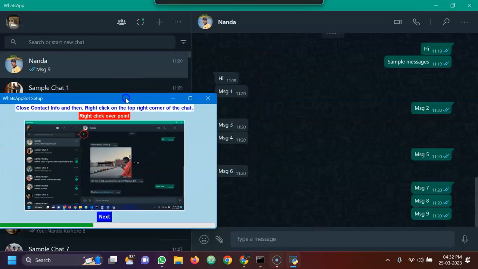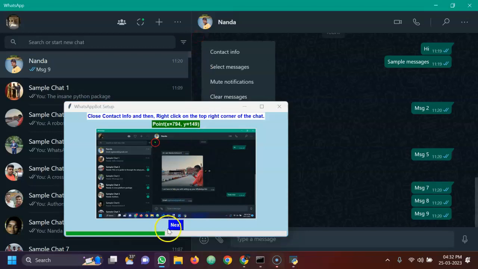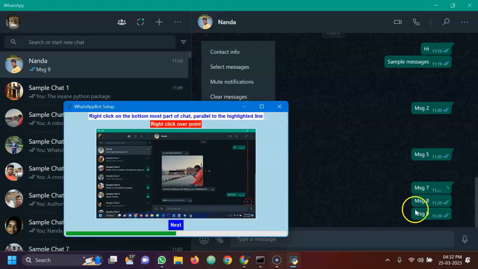And now I need to right click on the top right corner of the chat. So I'll do that, followed by the bottom right corner of the chat box. As you can see, it needs to be to the left side of this dotted line. Assume the dotted line is where the messages are ending. So right click somewhere on this axis. So I'll right click here,